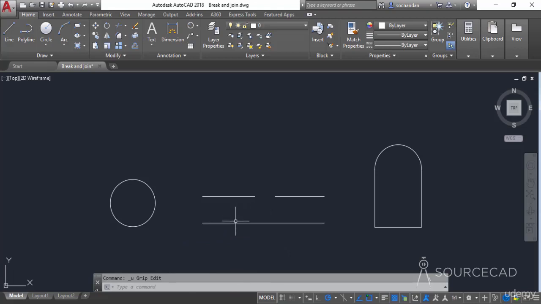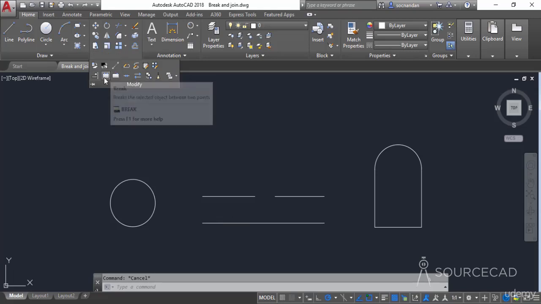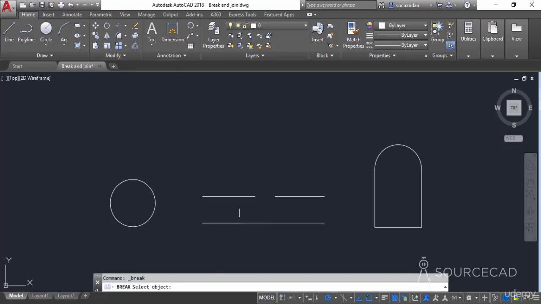Now let's say that we also want to create a gap in between these segments, just like this. For that I'll press Ctrl Z so that the object combines into a single segment, and I'll select the break tool once again. In this case, instead of selecting the break at a point tool, I'll select the normal break tool. Once again select the object, and now don't select the second point.